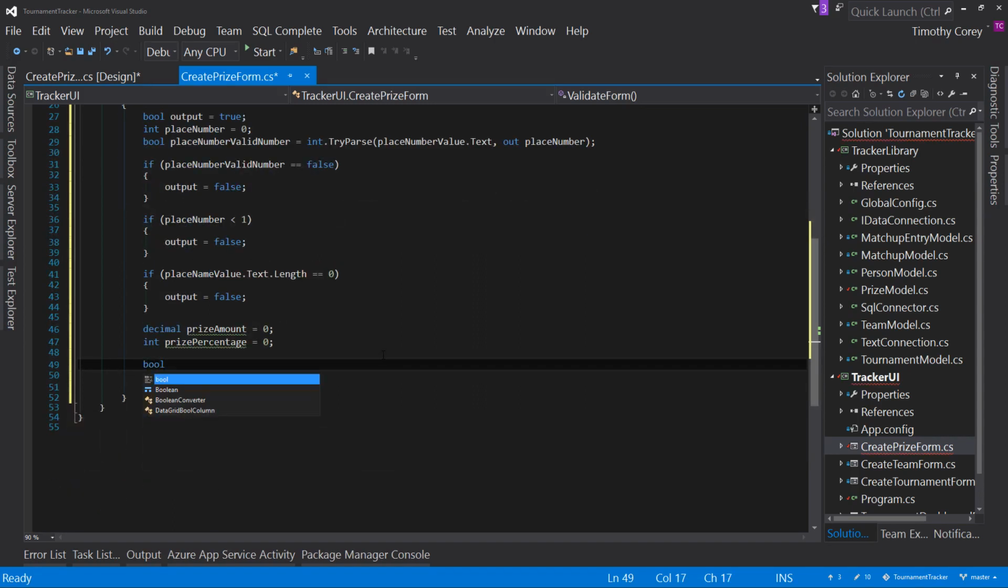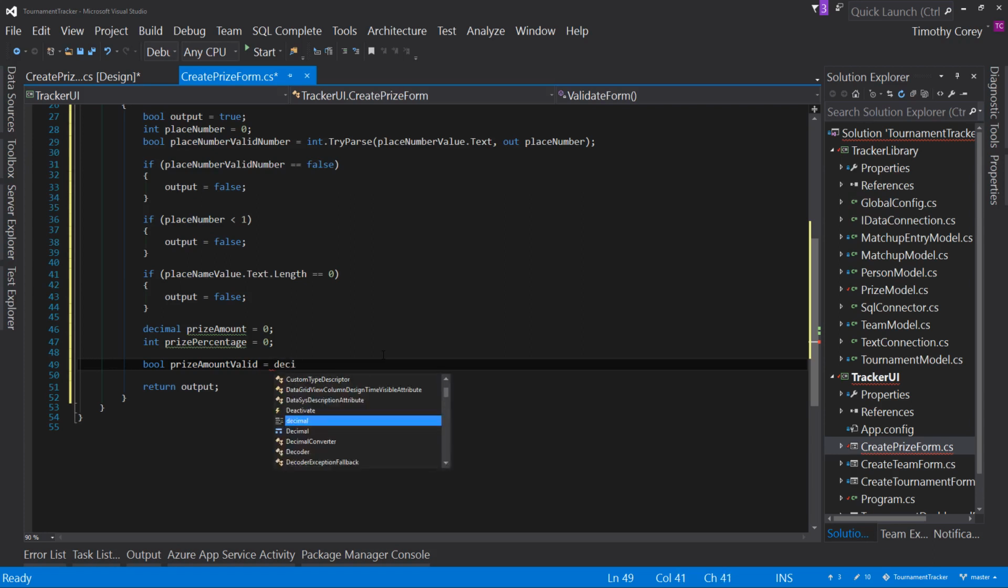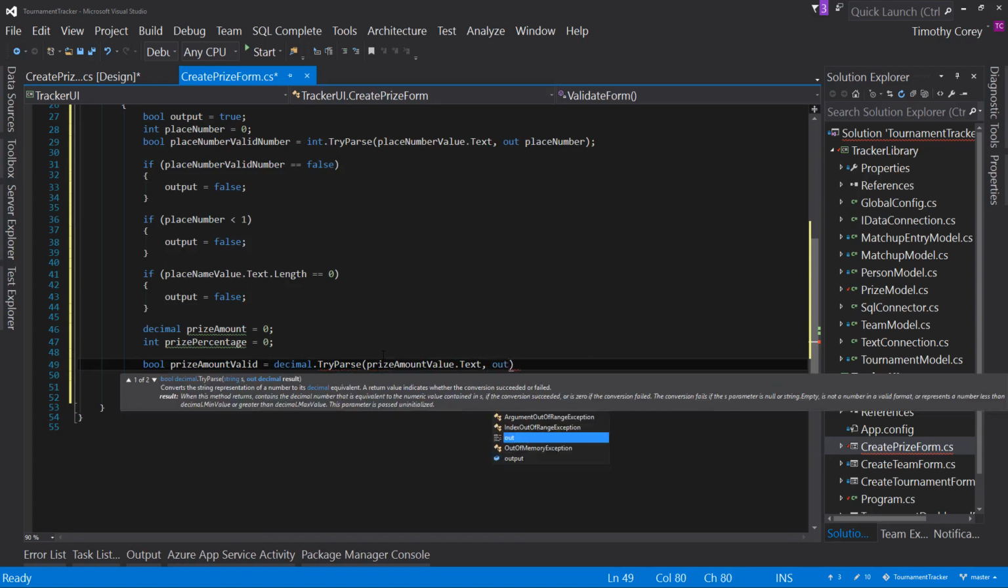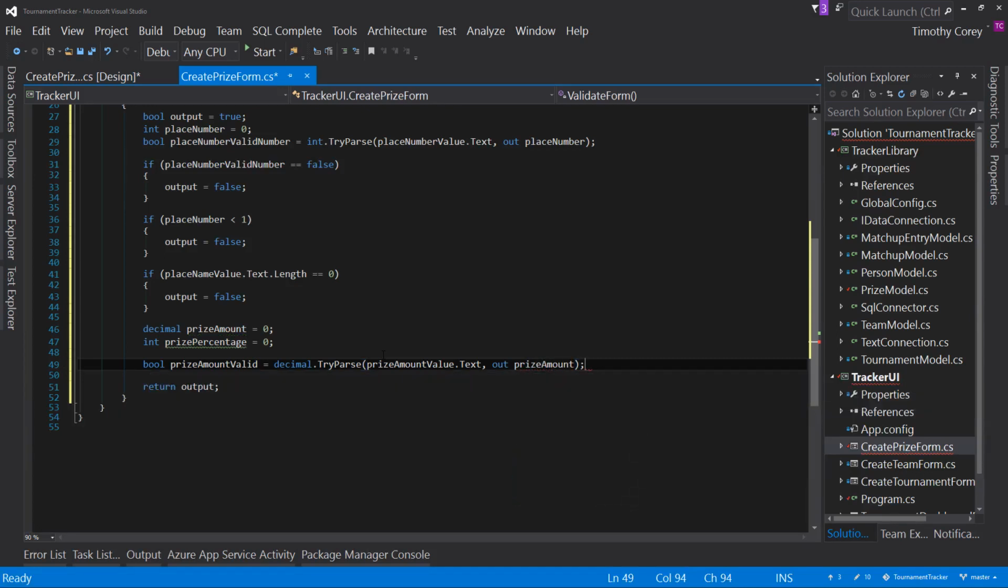Let's say bool prize amount valid equals, and this is a decimal, try parse. It works the same way as the int try parse, it just converts to a decimal. And we're just going to say that the prize amount value dot text is our string, and then out prize amount, that's our decimal that we're going to send this value